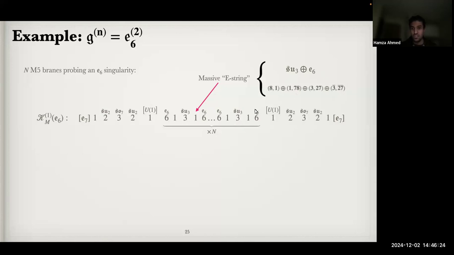And in this case, you can see that if I just twist by the E6, for example, just one E6, right? What I would have to do in that case, the action on the matter is such that I would have to flip the 27 and the 27 bar around. Now, of course, this is not a symmetry of the theory, right? The matter is changing. So the idea is you have to twist by both E6 and SU3, because if you then flip the 3 and 3 bar around, then your theory is fine. But as you can then follow, you have to twist all of these. You can't just twist E6 and SU3, because the moment you twist SU3, you also have to twist this E6. And so at the end of the day, there's a single Z2 symmetry of your theory,